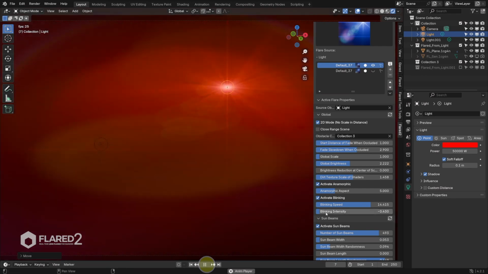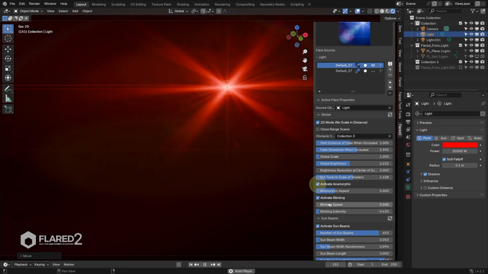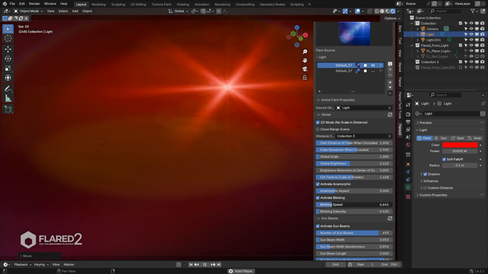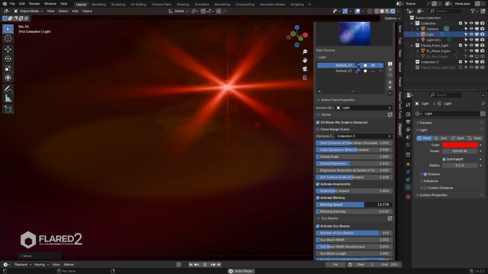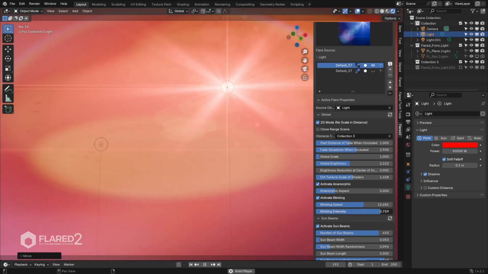This system works when the timeline animation is playing, so the first step is to start the animation playback. Next, activate the blinking feature from the Flared2 control panel. You can then adjust the two parameters that control the blinking speed and intensity. Note that the system alters the natural intensity of the flare, so you'll need to recalibrate the global brightness using